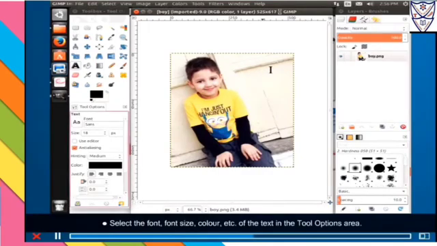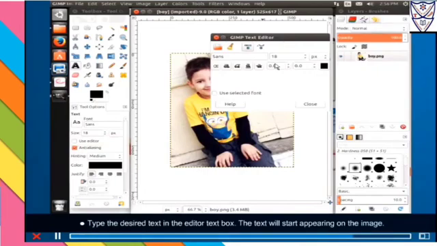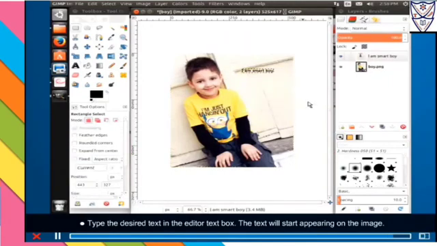Select the font size, color, etc. of the text in the tool options area. Select the use editor option to open the GIMP text editor. Type the desired text in the editor text box. The text will start appearing on the image.